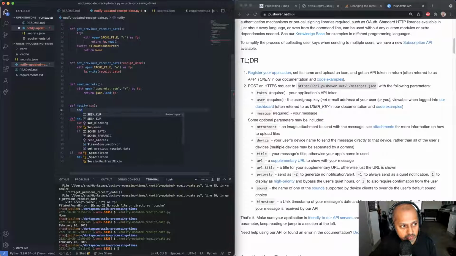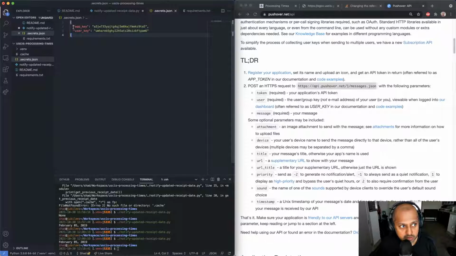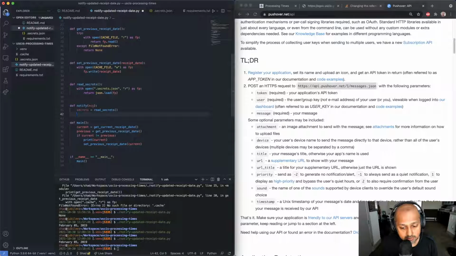So now we have secrets equals read secrets. Okay, and remember, secrets is a JSON file from over here, and we're essentially going to be decoding app key and decoding user key for calling the post request over here. So we can start, I think we're ready to do that. So we can say response equals